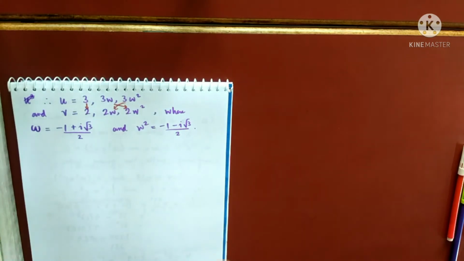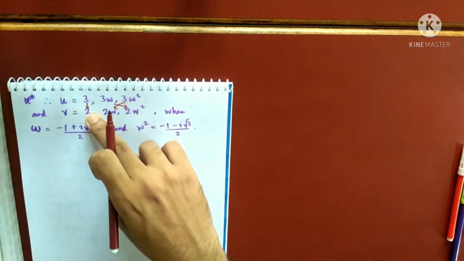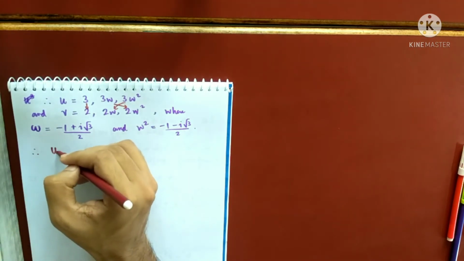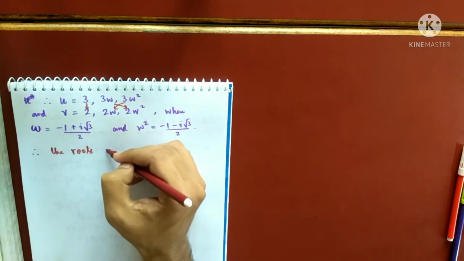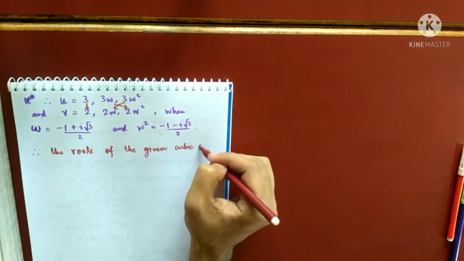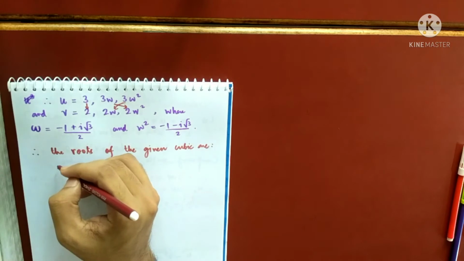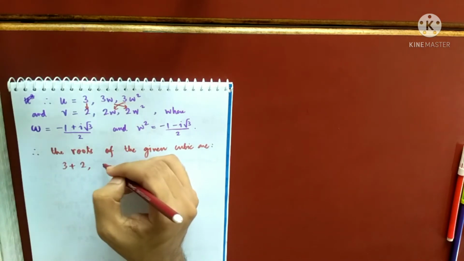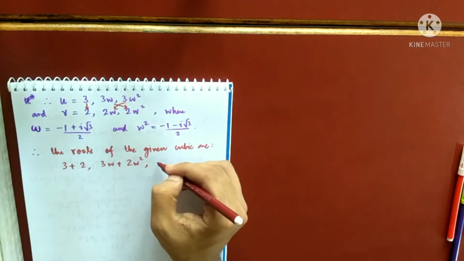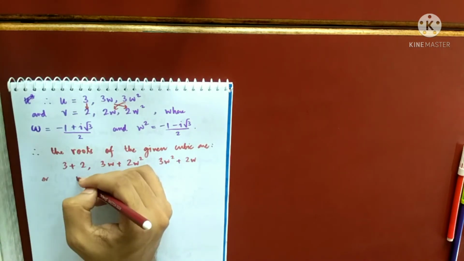So since u into v is 6, you have to make these pairs. So this u will make a pair with this, this u with this, and this u with this. Therefore the roots of the given cubic are, so remember, to make this pair, u into v is always required, and the roots are u plus v. So 3 plus 2, 3 omega plus 2 omega square, and 3 omega square plus 2 omega. These are the roots. Or 5,